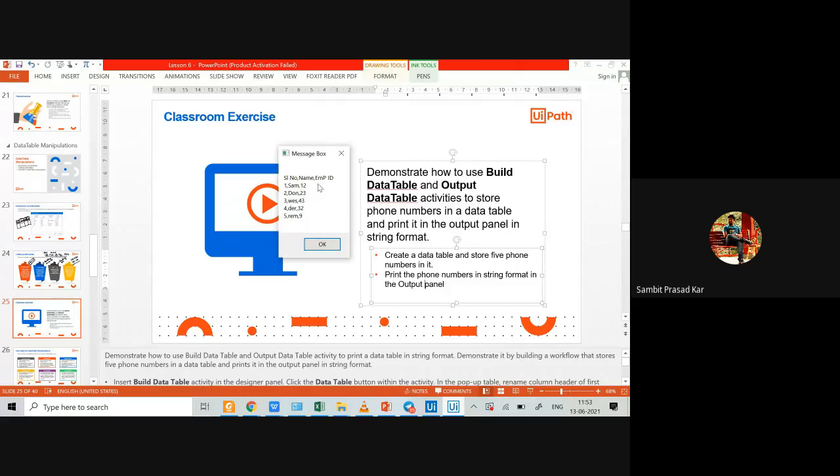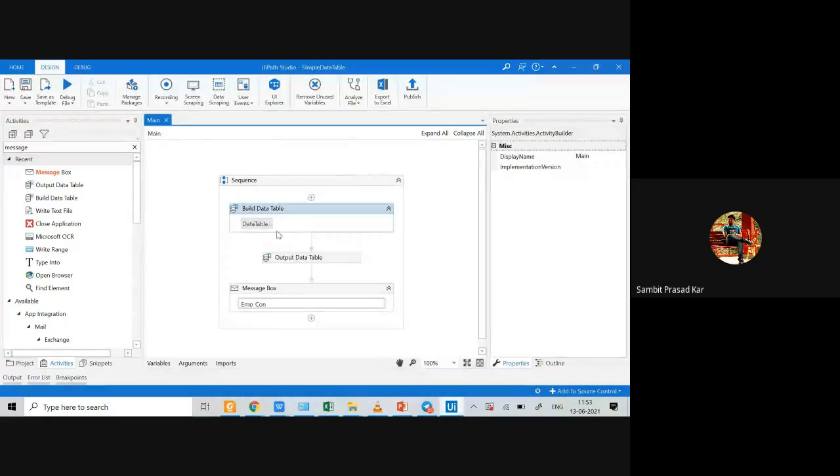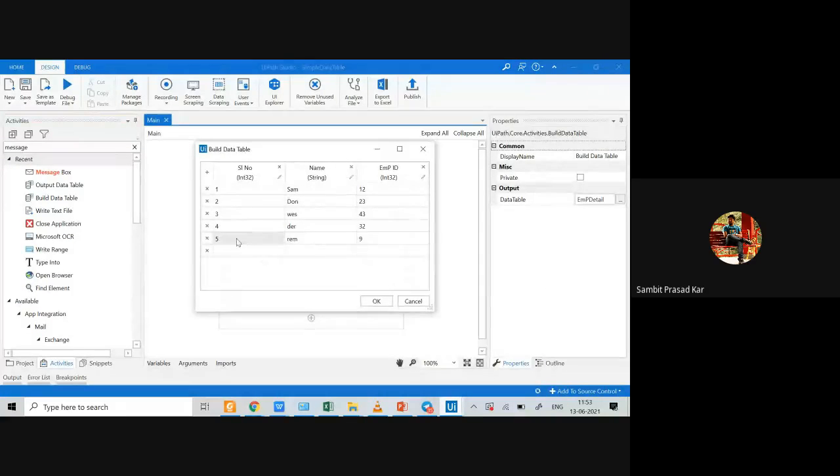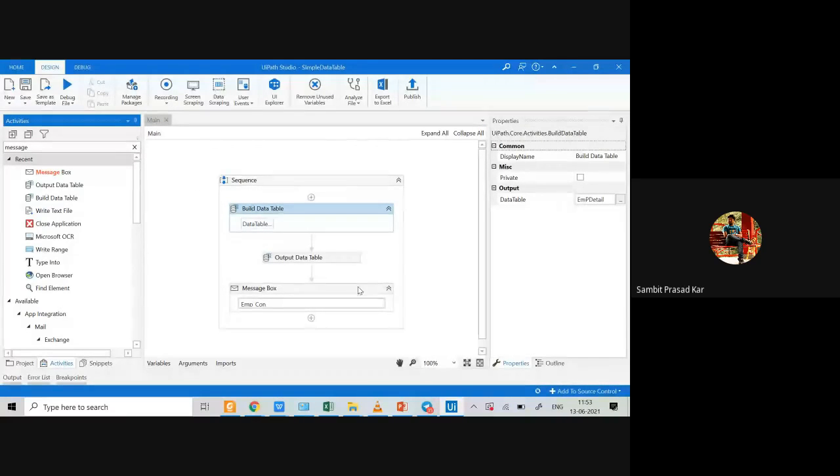So all these values are comma separated. In UiPath they look like columns, right? But when they come as output in a message box in a string format, they come as comma separated values, so that there is a comma in between each term, right? If you see, where this is one, comma?